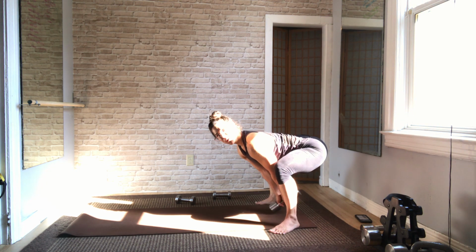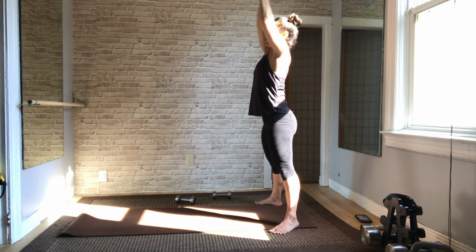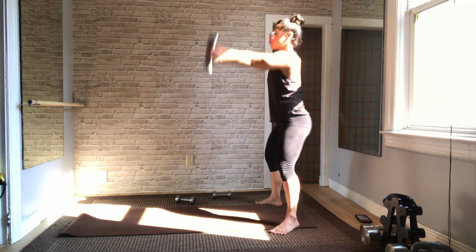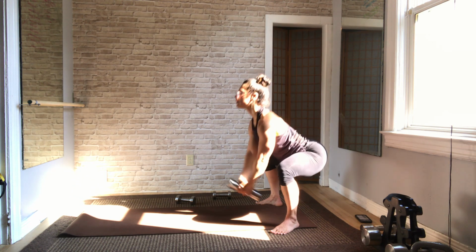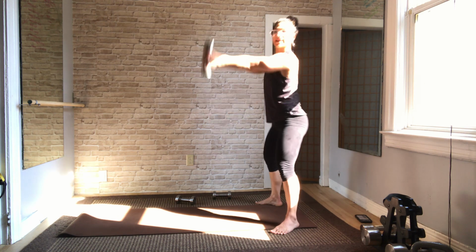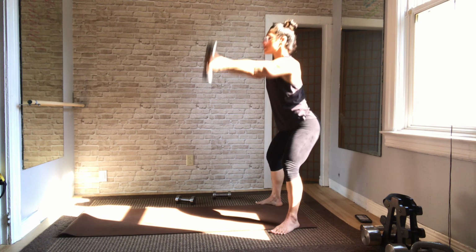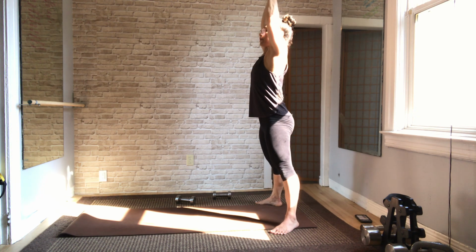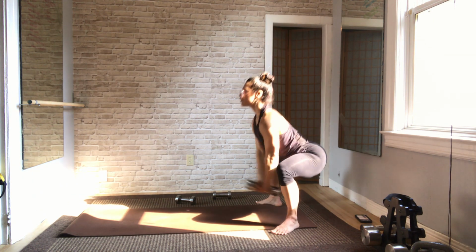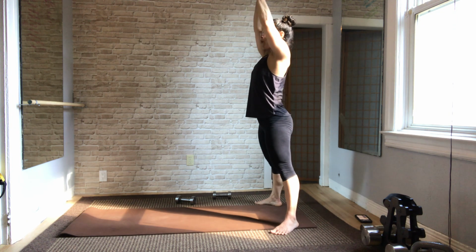Now as we're here, we come up and swing the arms up as you lift the hips. Inhale, come back down with a straight spine, hands down. Exhale up. Inhale down, exhale up. When you're coming up, really get that squeeze of the glutes, and you're using the shoulders to get the arms up. You're using your back to keep that stability of the shoulders, and you're using your abdominals to keep your spine straight. Last 4,